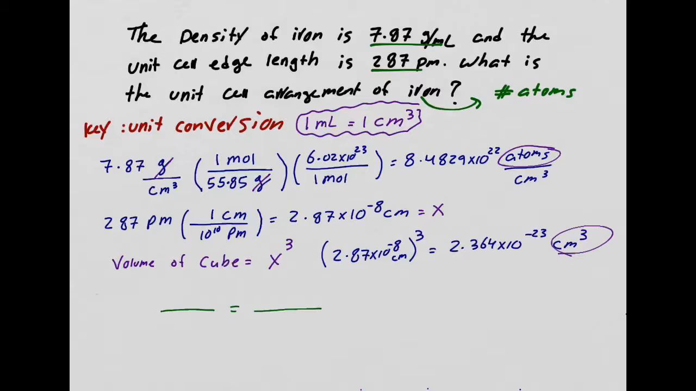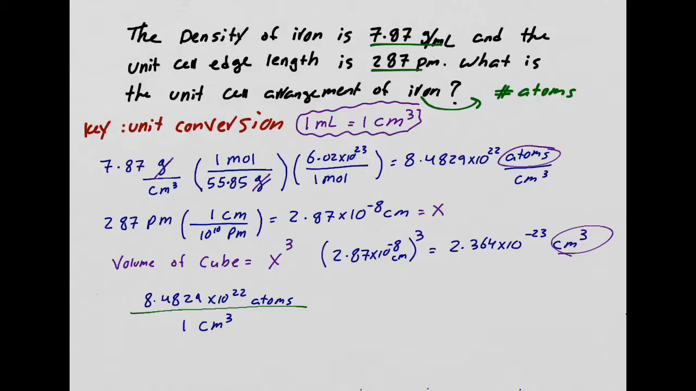Based on what we just figured out, I have 8.4829 times 10 to the 23rd. Hold on. I underestimated how big this number was. So I have 8.4829 times 10 to the 22nd atoms. You agree so far? For 1